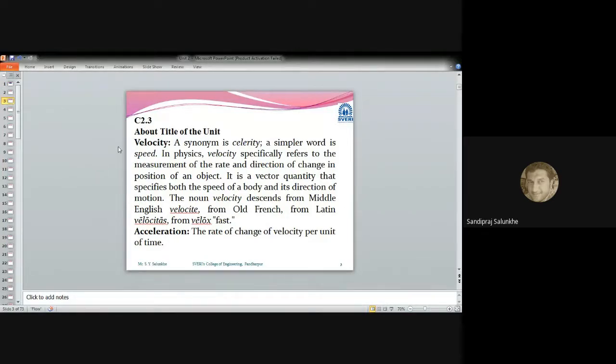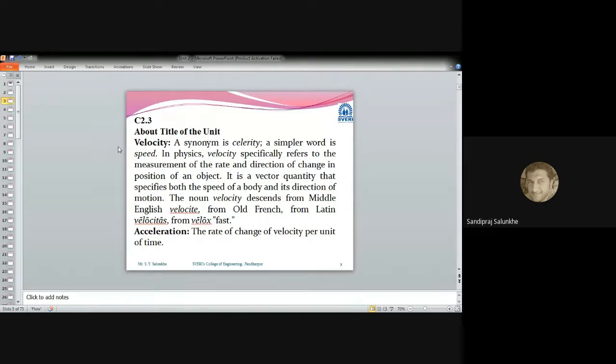Here I will define only velocity. Velocity is a rate of change of displacement, mathematically speaking. It especially refers to the movement of any component or point from one point to another. With respect to that displacement, if you go on measuring the time, and divide that displacement or distance travelled by time, it becomes velocity, right?